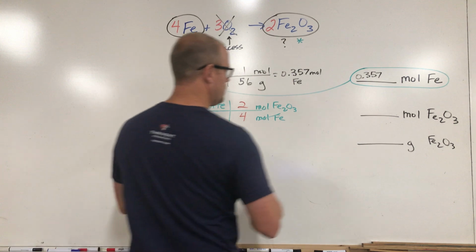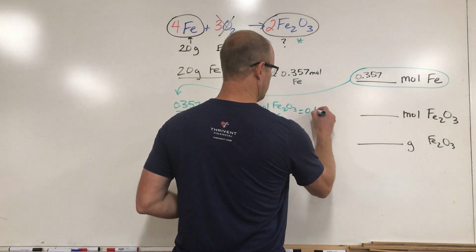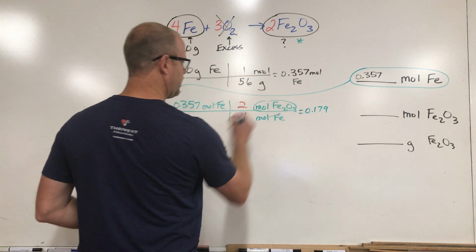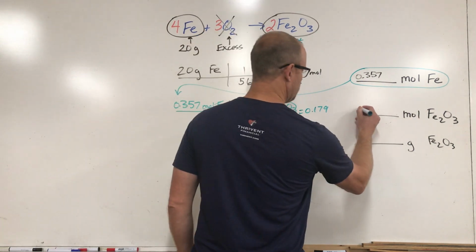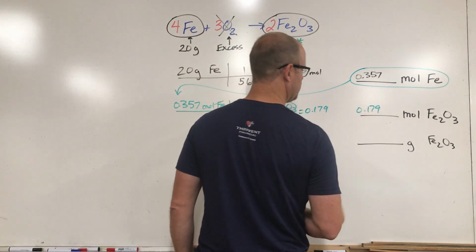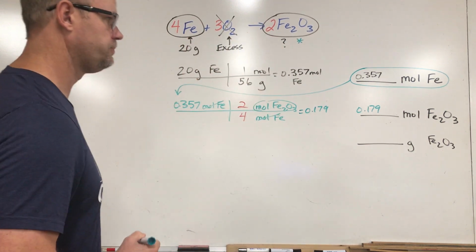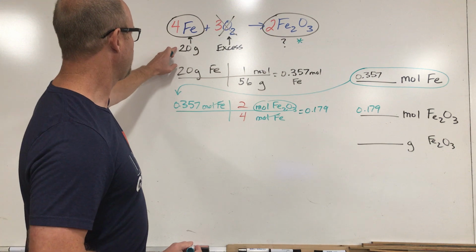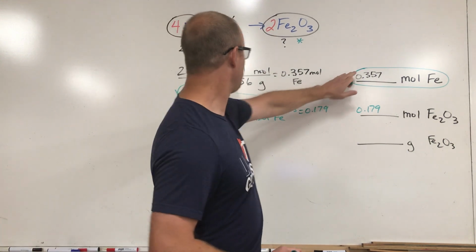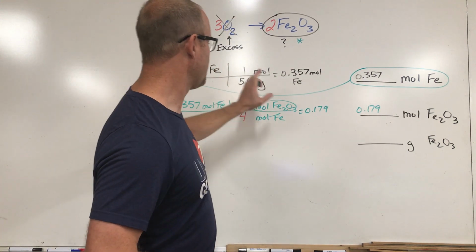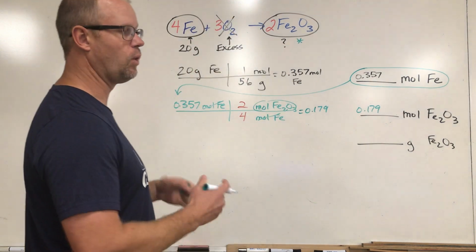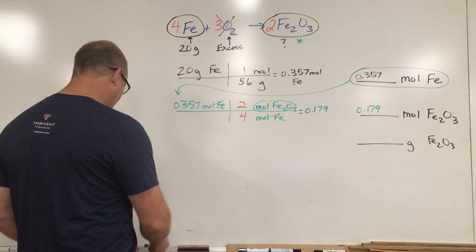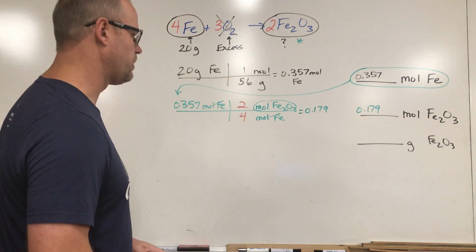I get 0.179. Now look at what that represents. That is moles of iron oxide. So I'm going to put 0.179 right there. Moles of iron oxide. So I've converted 20 grams of iron into moles of iron. Then I went through a process to convert moles of iron to now moles of iron oxide. So now I've changed it from one substance in the reaction to another substance. And now I'm going to convert it back to grams, which is something we can measure and compare fairly easily